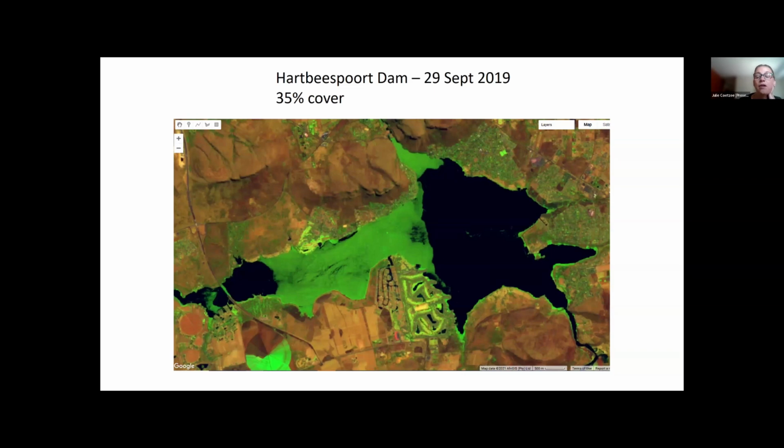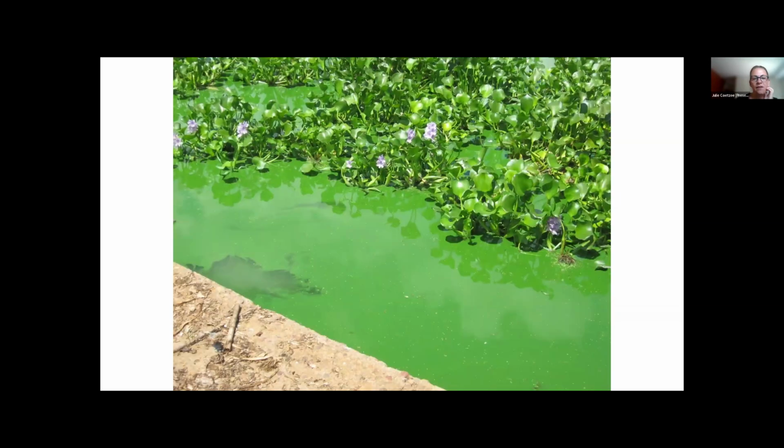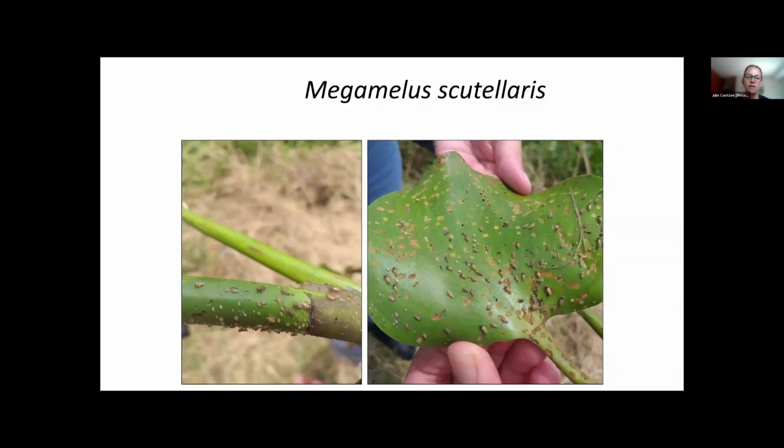It's apparently South Africa's second biggest tourist hotspot. There are lots of people living around the dam, a lot of economy around that dam. And so the presence of this plant posed a huge problem. You can have a look at what the water looked like: nutrient rich, lots of sewage coming in from the rivers that lead into this from Johannesburg and from Pretoria. And these plants were just thriving.